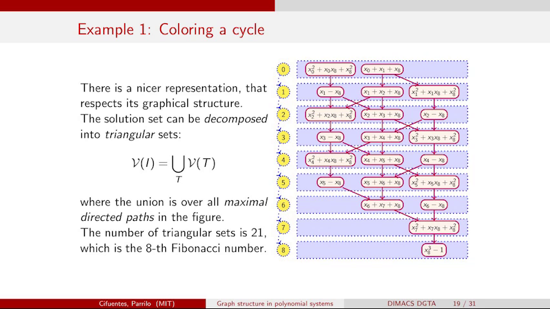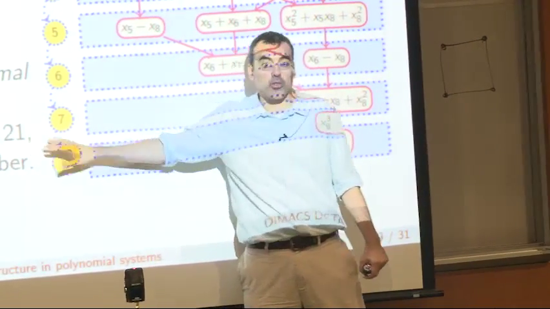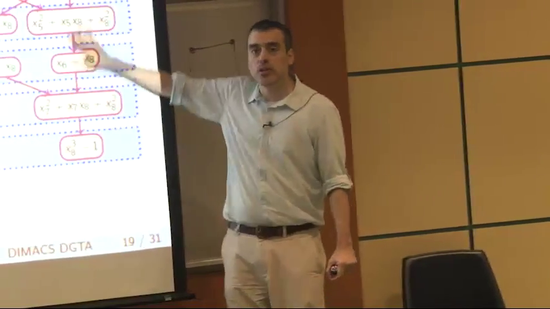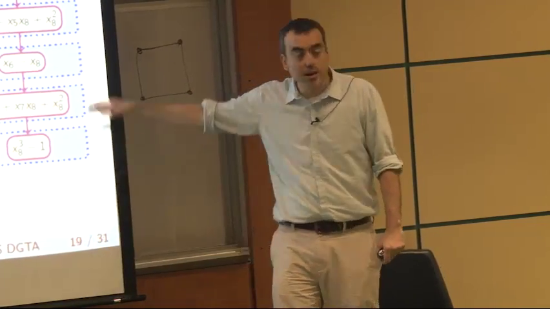Right? And there's one fact which is kind of interesting. This is really the reason why this is very interesting, because the number of colorings I will have in there is actually exponential. If you compute it, it's a Fibonacci number, that doesn't really matter. The point is that this grows exponentially with the length of the cycle, but the description of this object that I'm writing in here is polynomial. Clearly I can write this for any n. I just have to make this variable taller.